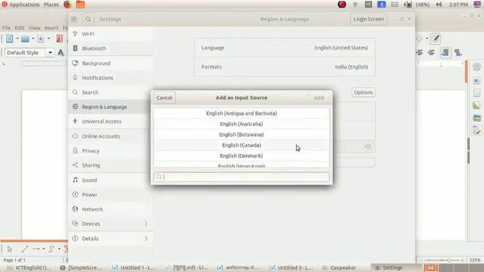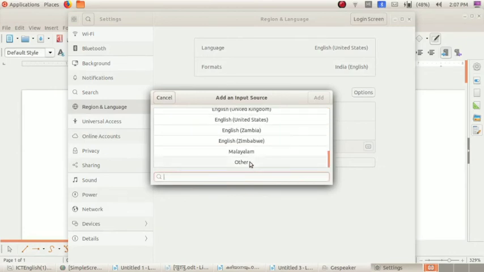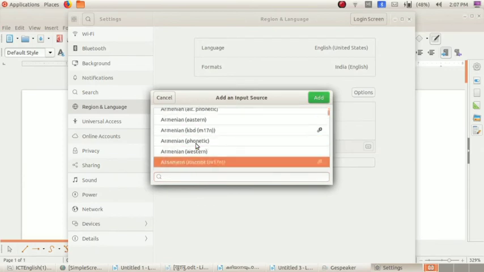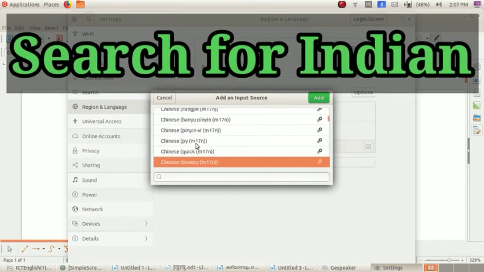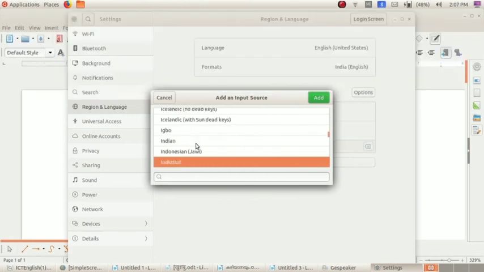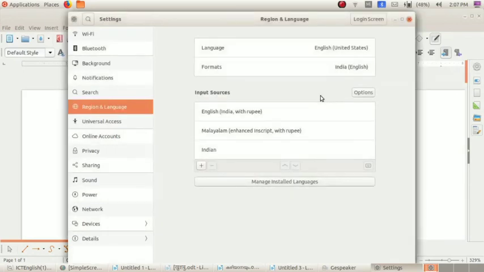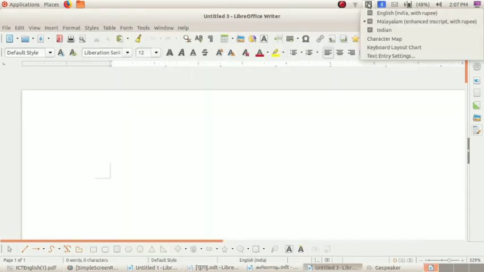Click on this plus icon. See, here is Indian. Then click on add button. Now Indian, that is Hindi, is added to our keyboard indicator.